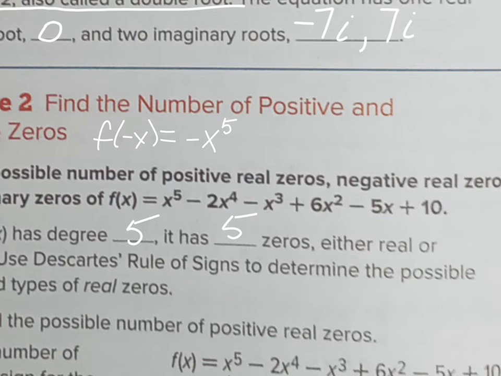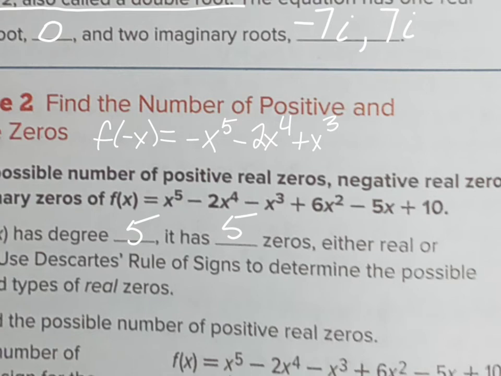Okay, because that one's to the 4th. It was positive, so that means it stays the same. We don't change anything. It's not that it always becomes negative, it just doesn't change the sign. So an odd power changes sign, even power stays the same. All right, so then it's going to be plus x cubed, and then plus 6x squared because it doesn't change,